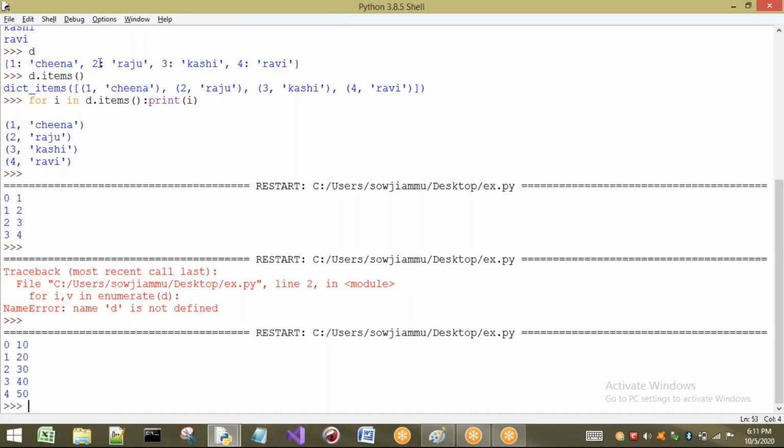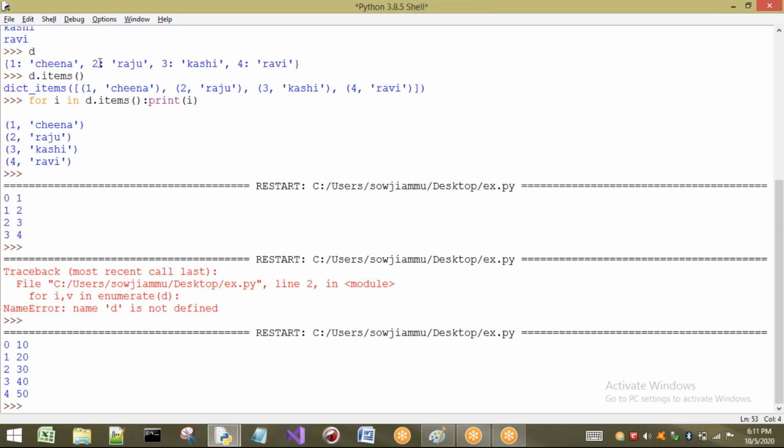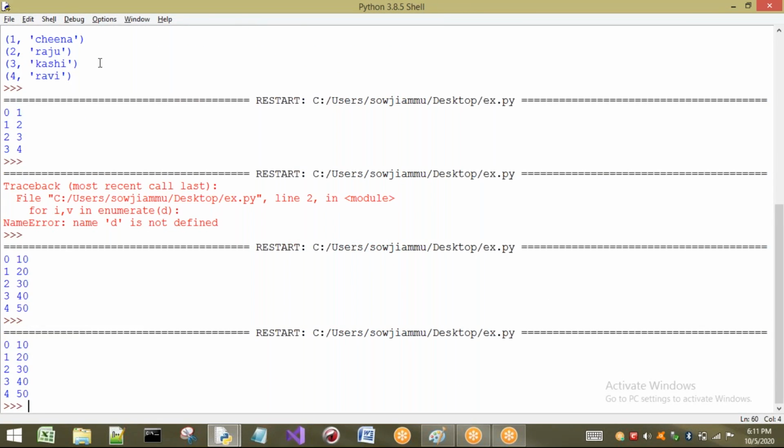If you take a tuple also, the same concept. I will remove the square brackets and insert parentheses. I will test that one. The same output will be generated here. Okay, same output. So enumerate is a function which gives you the index of the iterable object, and also the particular element of that index is going to be printed. So this is about enumerate.